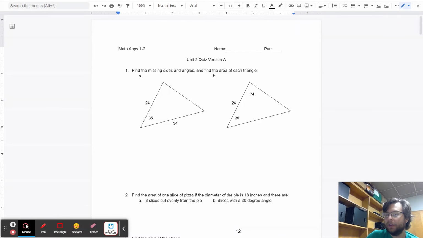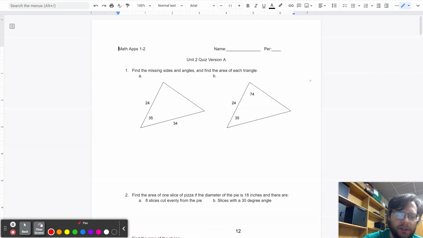All right, so here is the quiz that we worked on a couple times, and this is the first half of the unit, so it's really important that we get this stuff down before we have our test coming up next week. So I'm going to switch between versions as we go through this. I'll start out with version A, and then I'll scoot on down to different versions as we move through